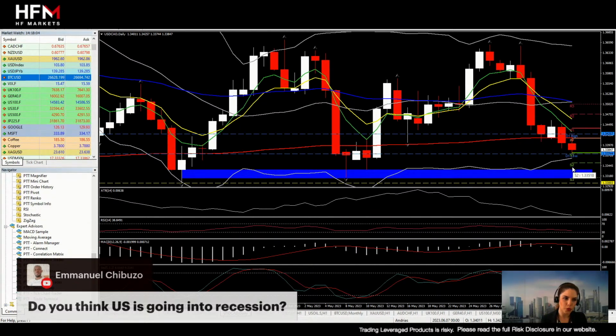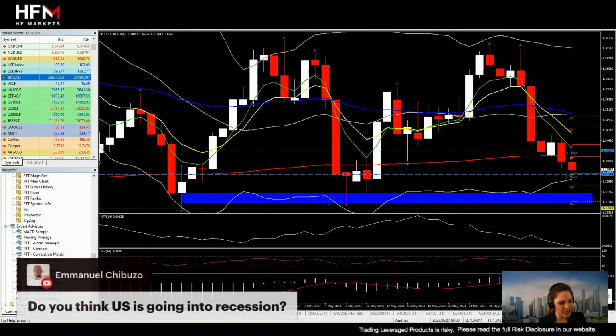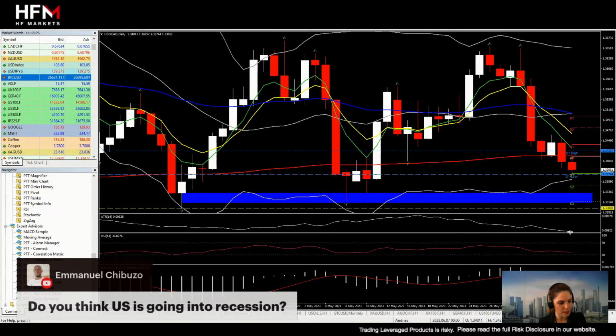However, the momentum is a bit mixed. Both RSI and MACD are a bit flat. MACD is at zero, turning negative, but the signal line is still at zero, and the slope is a bit flat. RSI is the same. It moved lower, but you can see that it has flattened since the 1st of June. So that shows that there is some kind of indecision.